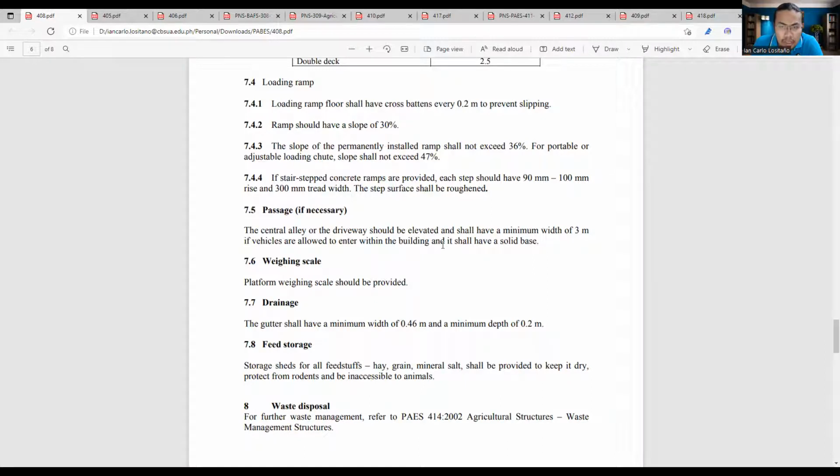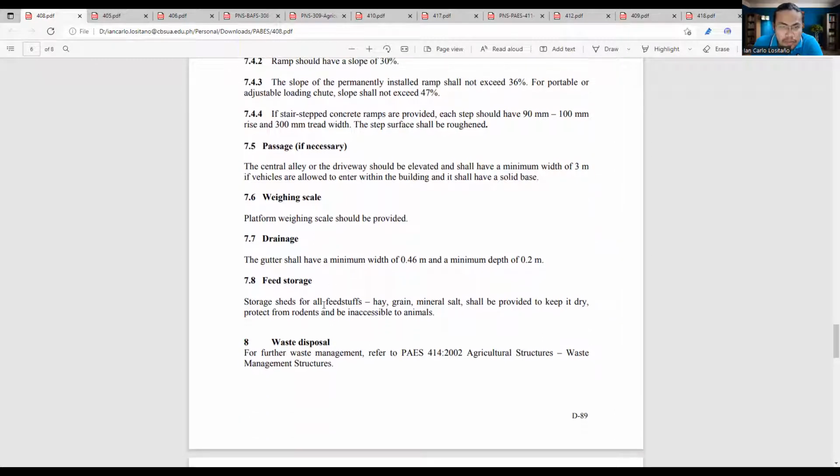of the facility. Okay, you could have a weighing scale for weighing of animals if ever needed, because again, this is a fattening facility. The gutter for drainage shall have a minimum width of 0.46 millimeters and a minimum depth of 0.2 meters. The feed storage, for feedstock, because again, this is a fattening facility, may be